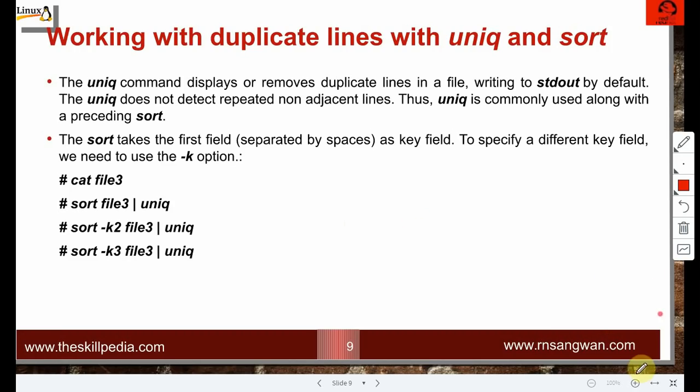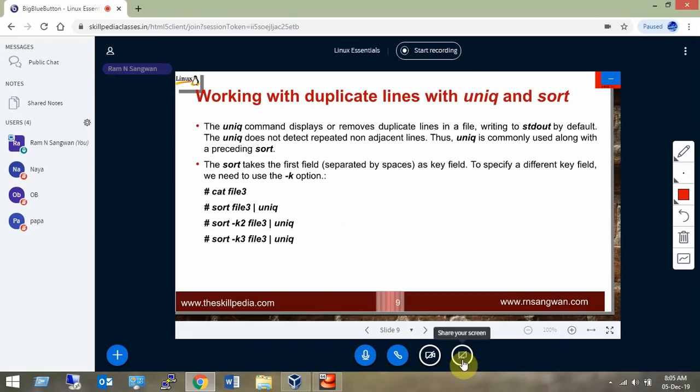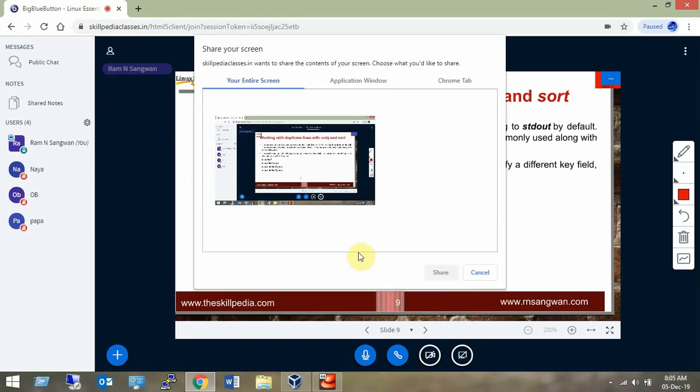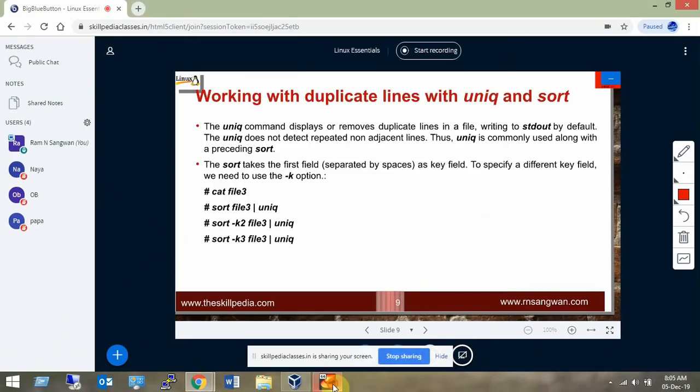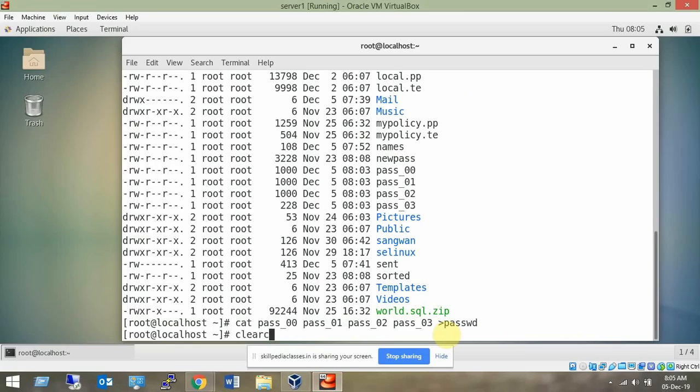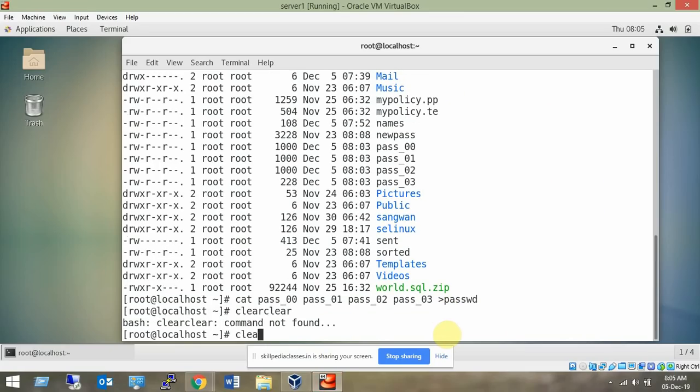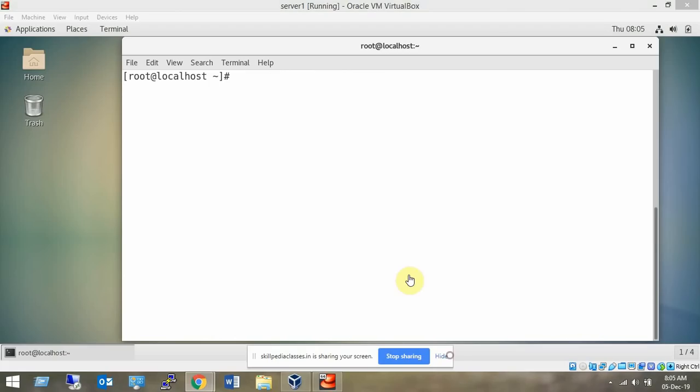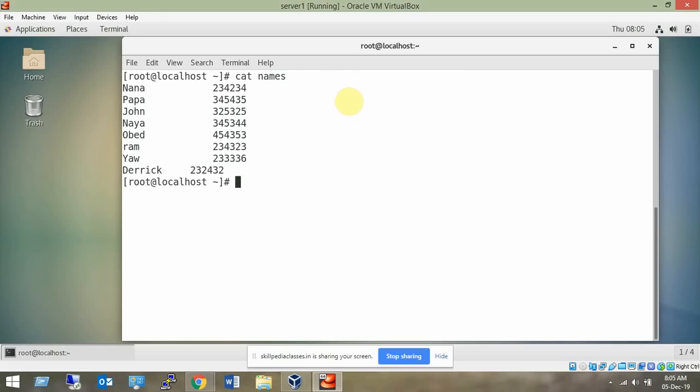Let's do sort and unique also. All right. So first let's see the names. What are the contents of the names file? Cat names.